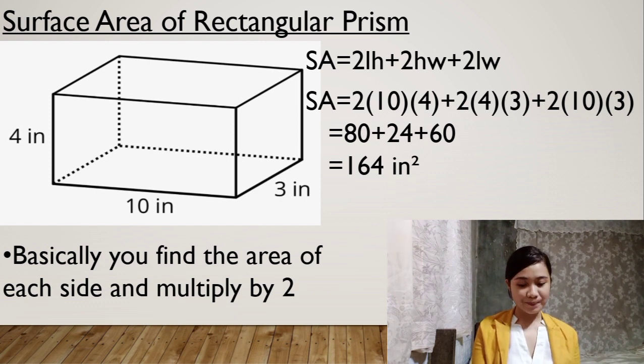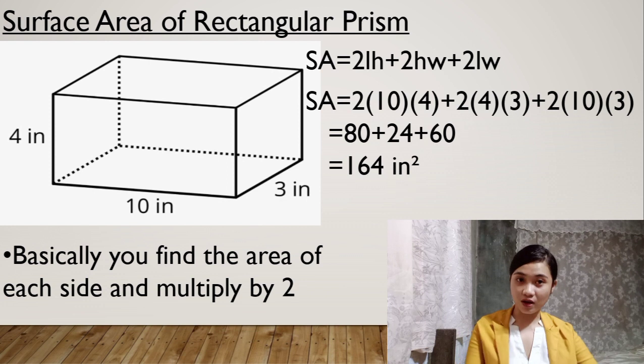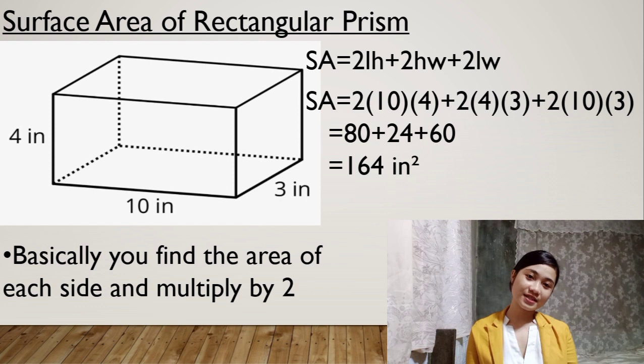inches squared. So this is the surface area of a rectangular prism if we have 10 length, 4 inches height, and 3 inches width. So basically, you find the area of each side and multiply by 2. So it is very basic and easy to understand. Okay, are we clear? I hope we are, because we are going to move on to the next surface area